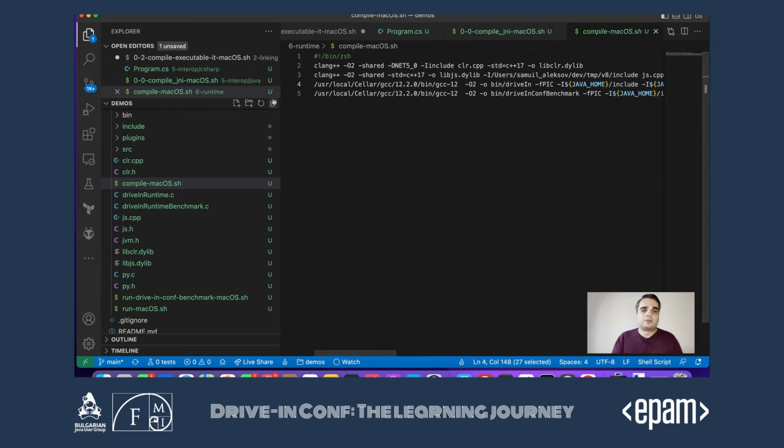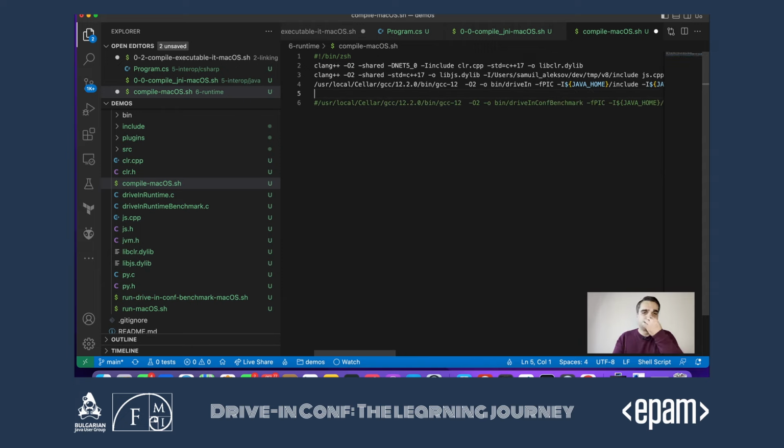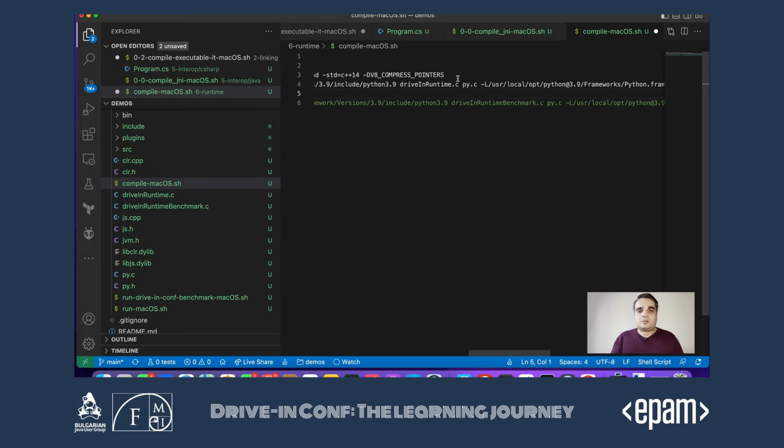Right, this is actually the final build, and the one that follows up below is something else. So I decided it would be very fun to run some benchmarks, and we're going to do that in closing. So we compile our driving runtime.c, the one that loads all the other runtimes.